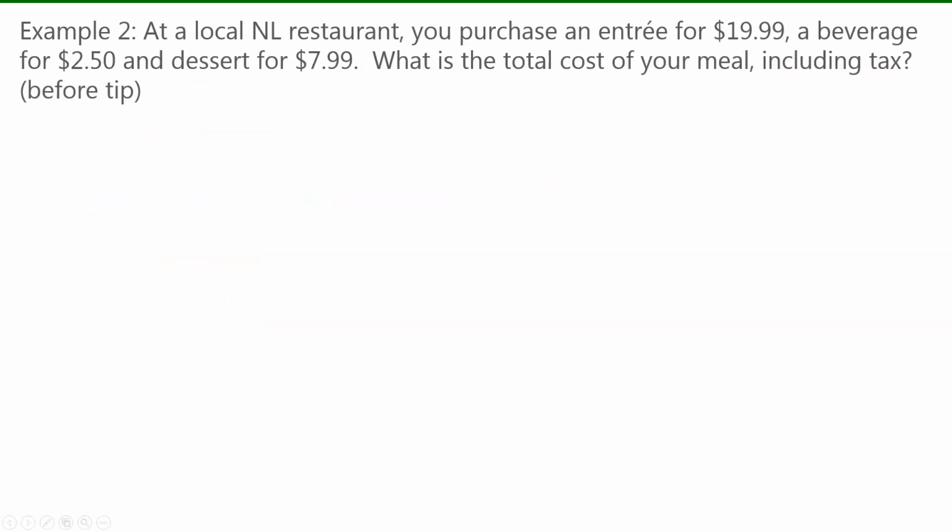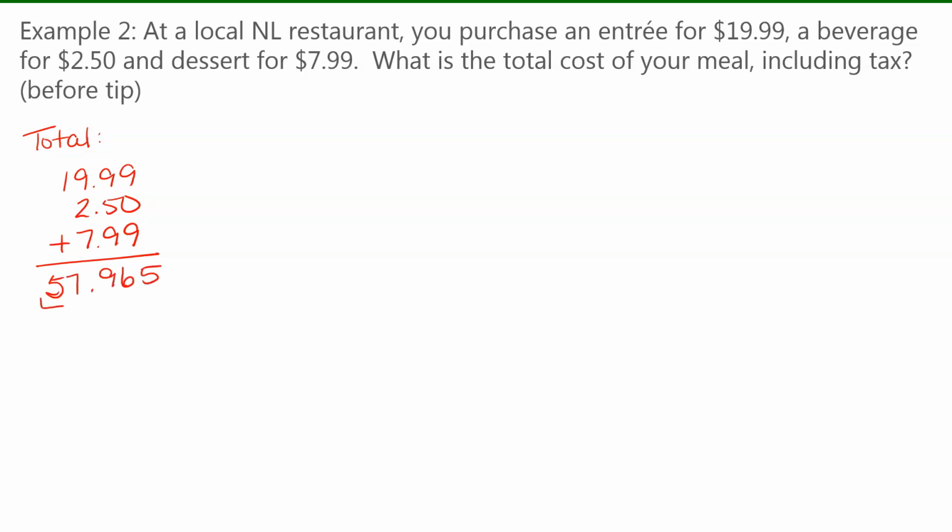Example number 2. At a local Newfoundland restaurant, you purchase an entree for $19.99, a beverage for $2.50, and a dessert for $7.99. What is the total cost of your meal, including tax? We're not going to worry about the tip for this particular question, so we're just calculating tax on the total. So the easiest thing to do will be to tally up the total amount for our bill. So the total would be $19.99 plus $2.50 plus $7.99, and we could use a calculator to add these up, and we would get